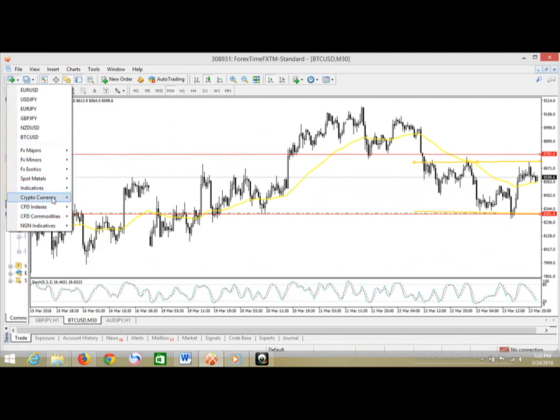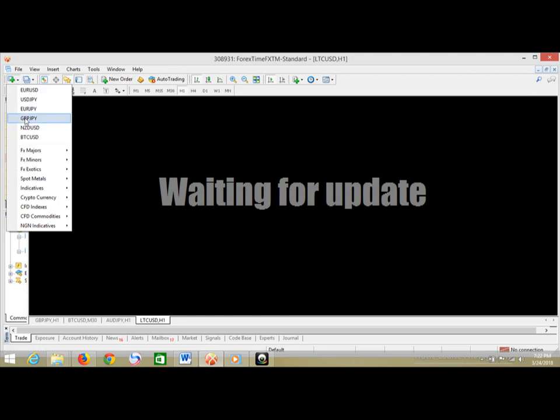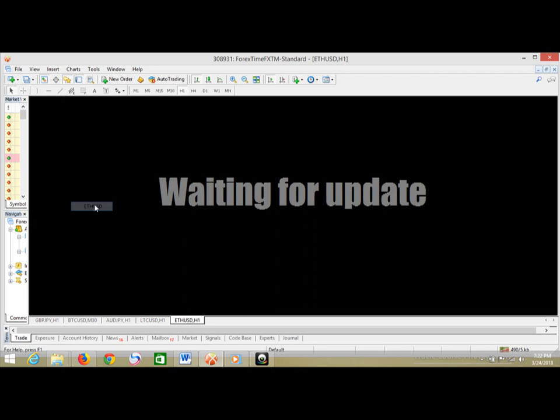This is a chart. If you want to see any cryptocurrency on forex time, we have Bitcoin, we have Ethereum, we have Litecoin. So you can decide to open any chart you want to open. Okay, I think the signal is up, so the market is closed, so the chart might not open. Now it's for updates. Okay, so it's still taking time to update. So you can open any chart and begin to